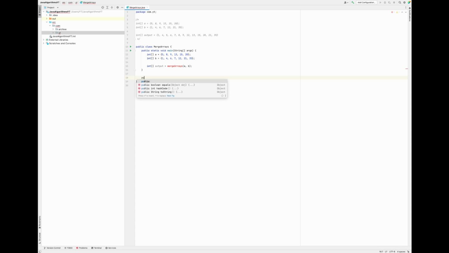So now let's start writing this function: private static int array merge arrays, taking the arrays A and B. So we accepted those two input arrays, and we are going to have an output array which is going to be new int of a dot length plus b dot length,